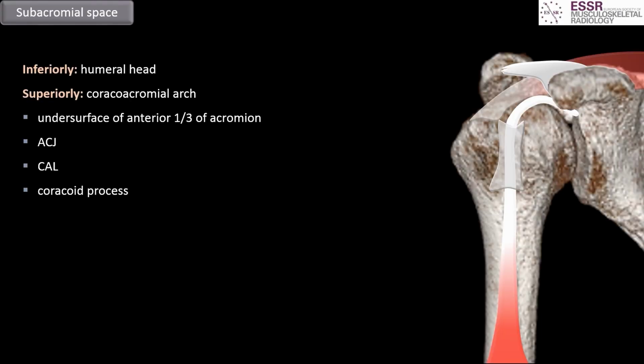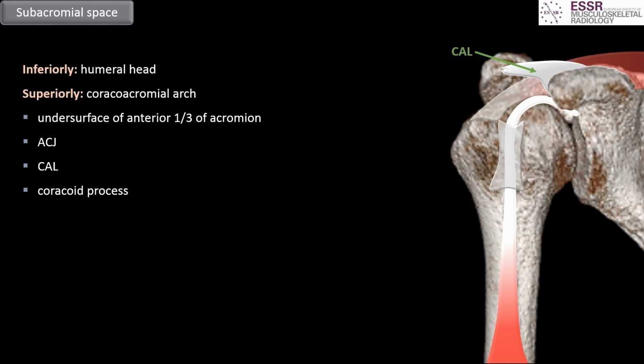Let's now move to the subacromial space. This space is bordered inferiorly by the humeral head and superiorly by the coracoacromial arch. This arch is formed by the anterior one-third of the acromion, the acromioclavicular joint, the coracoacromial ligament, and the anterior aspect of the coracoid. The coracoacromial ligament is a triangular ligamentous band bridging the acromion and the lateral border of